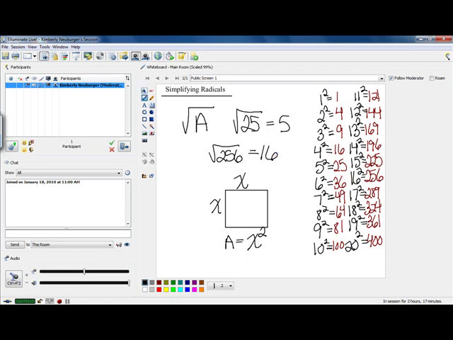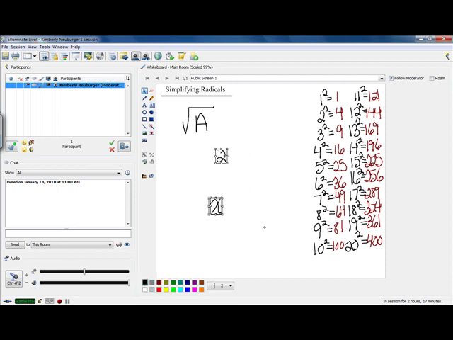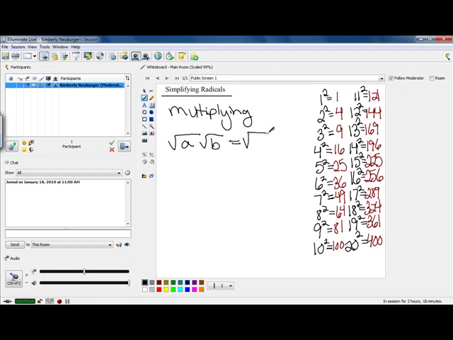Now, let's take a look at our first rule for square roots so we can have some tools that will help us with simplifying these. Our first rule that we're going to take a look at is the rule for multiplying. When you are multiplying two square roots, like square root of a times square root of b, what you want to do is just multiply the values underneath it and leave the square root symbol over the top of them. So for instance, if I had square root of 3 times square root of 5, that would be square root